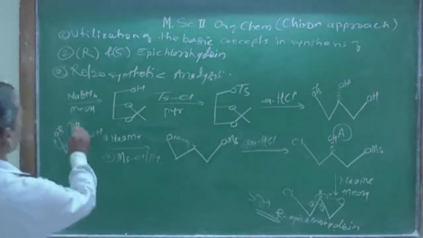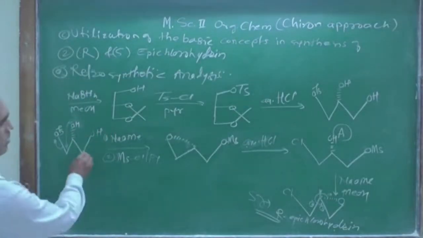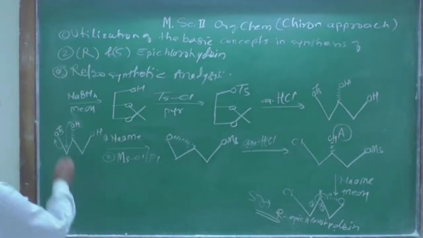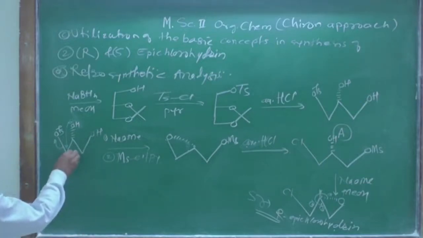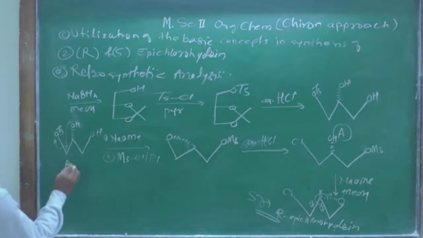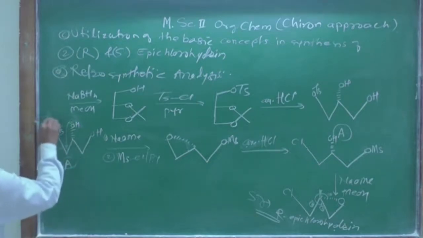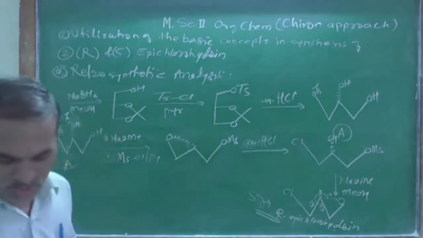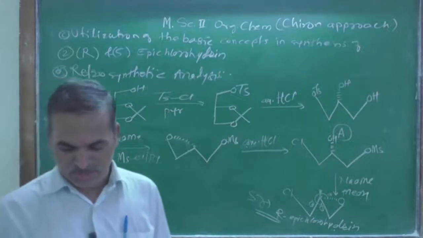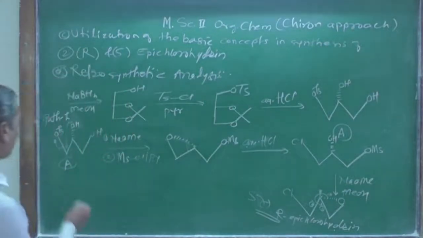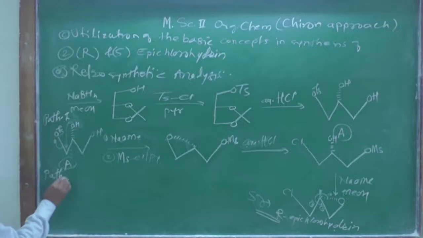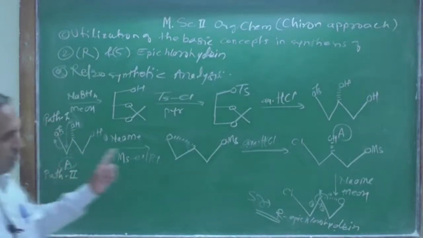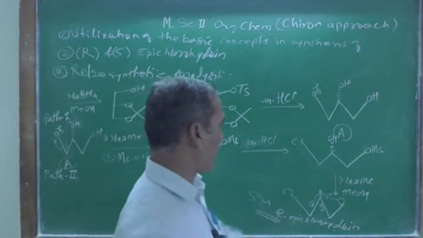This is the thing we have seen here, that is path A. First we have seen, right? This one is path A, and here you write it as path number first. Now let us look at path number second. Path second means second route here. Path number one, path number second, because we got the R-epichlorohydrin.